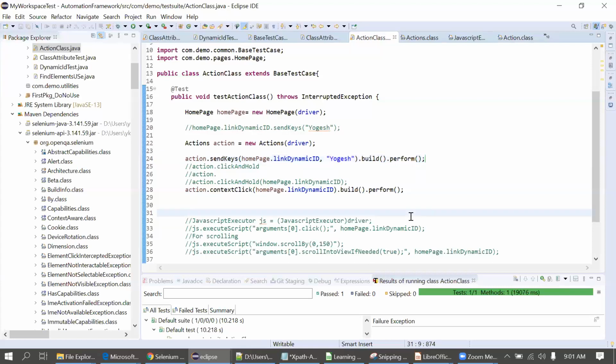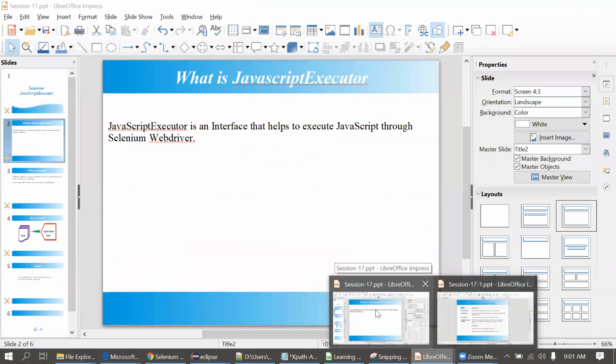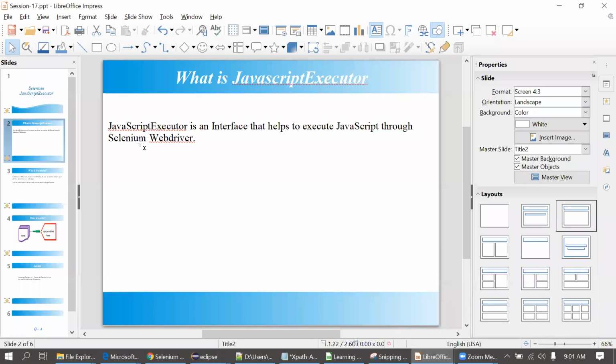Fine. So now moving ahead to the JavaScript executor, which is very similar to the action class. The JavaScript executor is the interface that helps to execute JavaScript through the Selenium WebDriver. Any operation which can be performed by the WebDriver can be done by the JavaScript executor, while the action class is only used for keyboard and mouse operations.